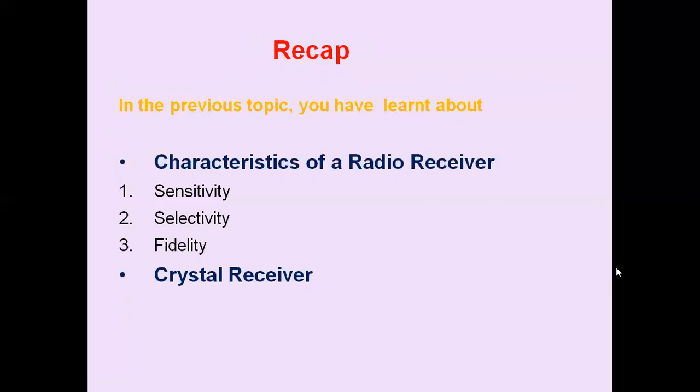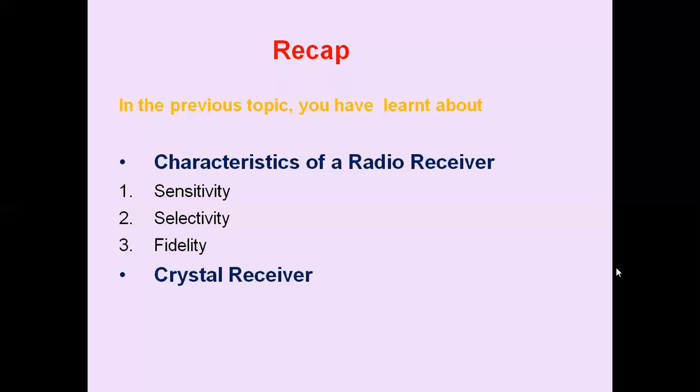Crystal receiver consists of a crystal diode. It operates in a straightforward manner without any frequency conversion. Hence, it is called a straight receiver. It performs all the basic functions of a receiver, such as reception, selection, detection, and reproduction of the message. The receiving antenna is used to pick up the electromagnetic energy radiated by the transmitter. When the electromagnetic waves strike the receiving antenna, an EMF is induced in the antenna.